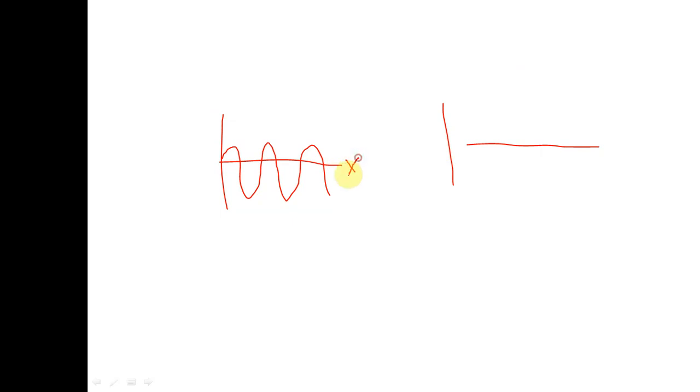This is the x-axis and this one is the y-axis. Signal is represented in time. On the x-axis we denote the time period and on the y-axis we represent the amplitude. Now this one is the analog signal and this one is the digital signal. This is also x and this is also y. This indicates 1, this indicates 0, this indicates 1, this indicates 0.